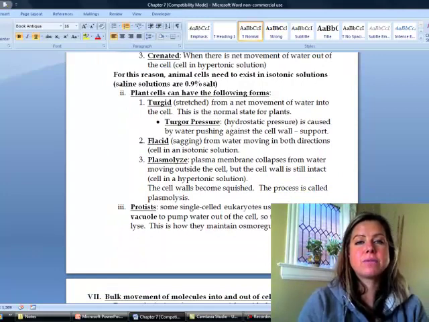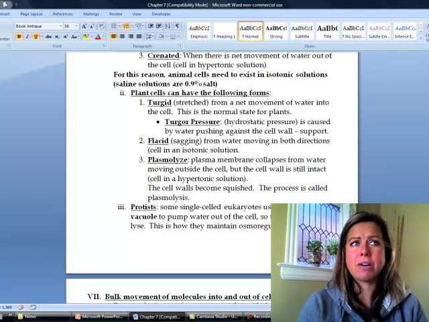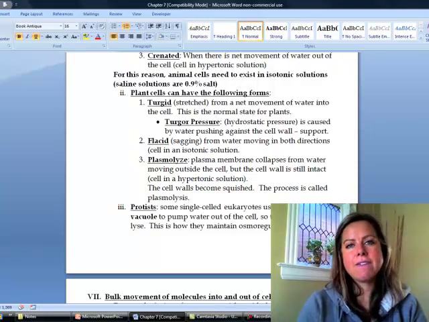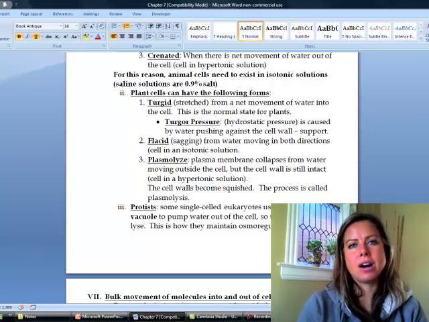Okay, so this stuff is really important because let's say that you're talking about giving someone an IV, right? Our cells aren't pure water. There's a little bit of salt in them. So that's why they give you that saline solution when they give you an IV. If you gave someone a purely water IV solution, what do you think would happen to their blood cells